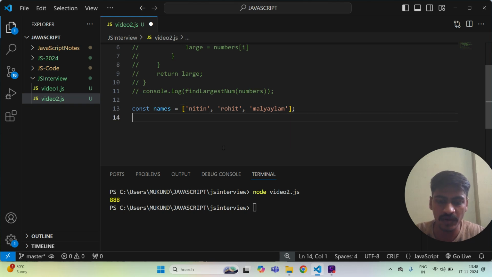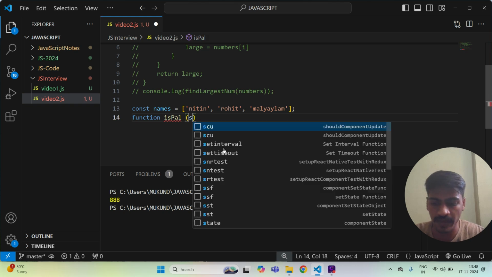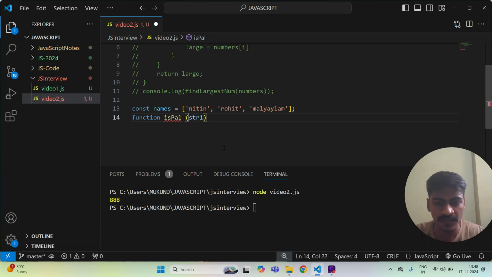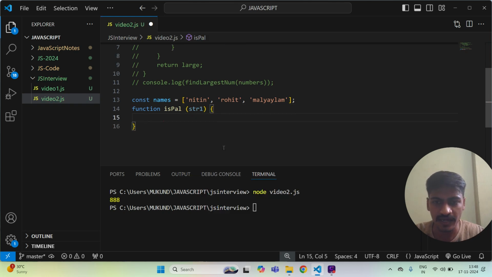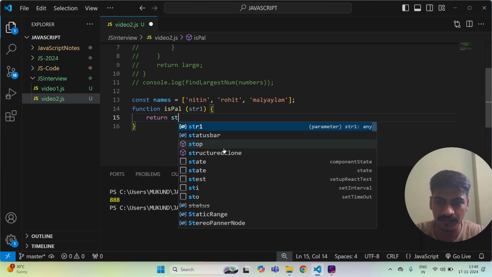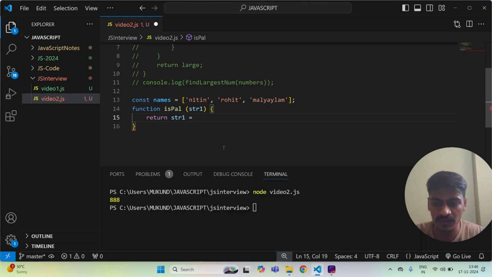What we need to do is return one function like isPalindrome. For that we took a string str1 as a variable, and let's see what I have to do. Return str1 equal to str1 dot reverse.